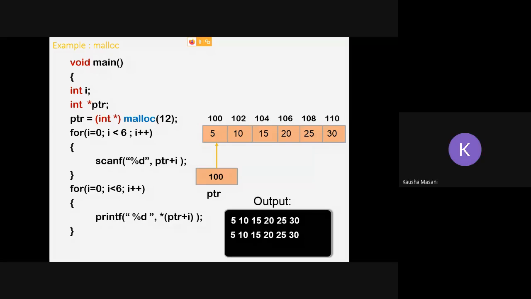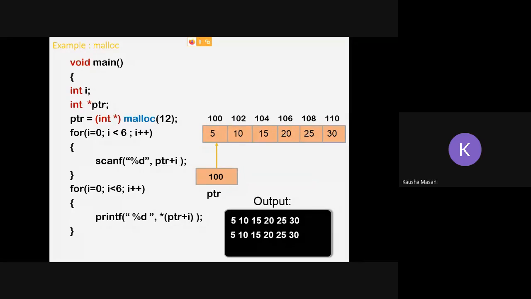Ma'am, instead of malloc 12, we can use the number of elements times the size of the type of element. Yes, that is what we are going to see next. I'll come to that part also.